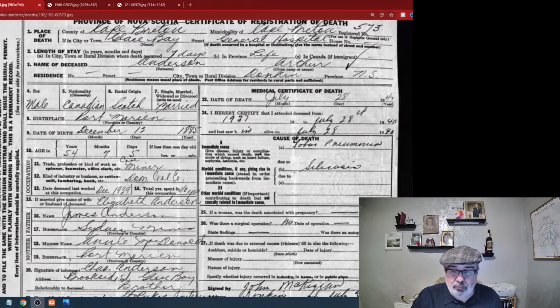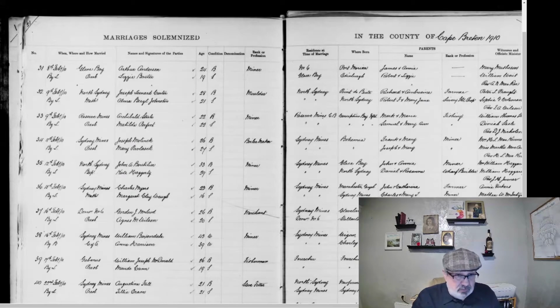In a lot of the older records, which I find is very common, you'll find it in a book sort of format where it lists multiple people on the same page. So we're going to look at a couple of those. This is an example of one done in a book. This is the marriage record of my same great-grandfather that we just looked at his death certificate, and so Arthur